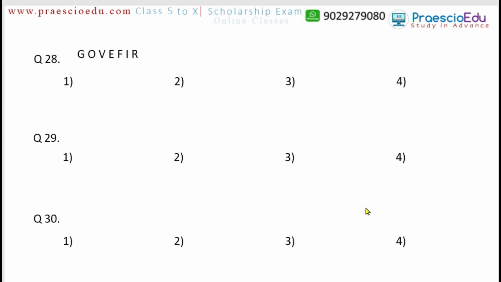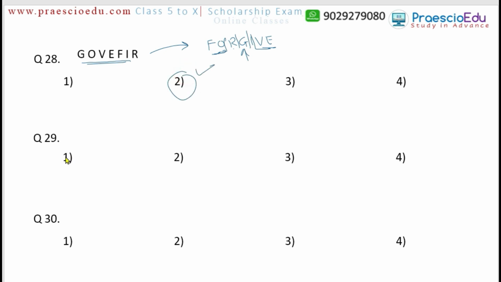Now move to question 28. Form a meaningful word from the letters given here and select its middle letter. If you look at these letters, we can get a meaningful word, forgive. Okay, this is the one meaningful word we can make. In this one, select the middle letter. So here two, here two, then again one, and one, which means G is at the middle. So G is present in option number 2.